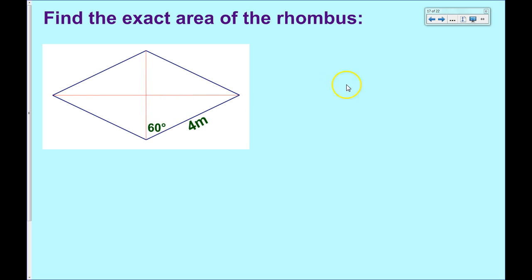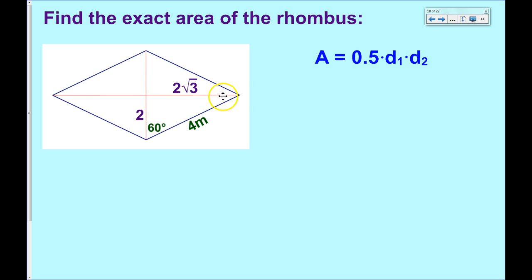And we are going to use the area formula. There's a lot of ways to find the area of this rhombus, but we're going to use the area formula. So I'm going to write that down, which means I need to know the length of each diagonal. And since this is a right triangle, this is a very special 30, 60, 90 right triangle. So in order to find the other lengths of half the diagonals anyways, I would chop this in half to find the short leg, and then I would take that short leg times the square root of 3 to get